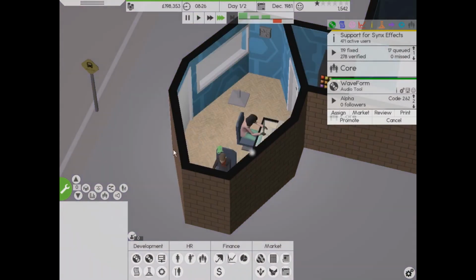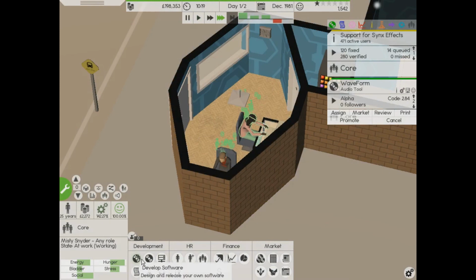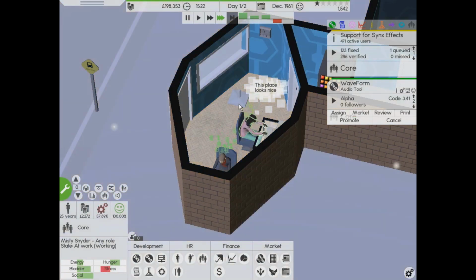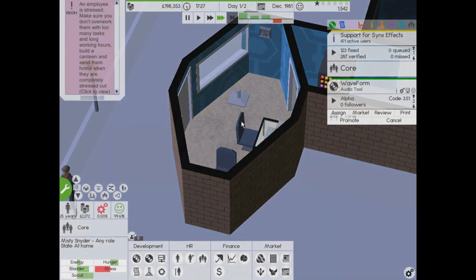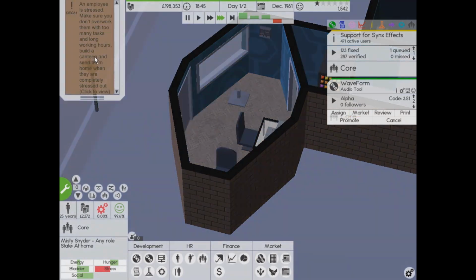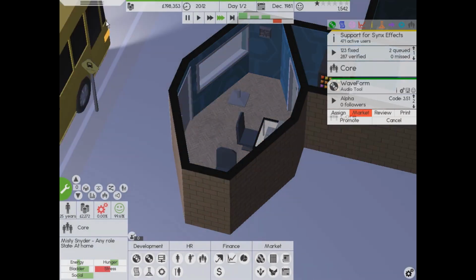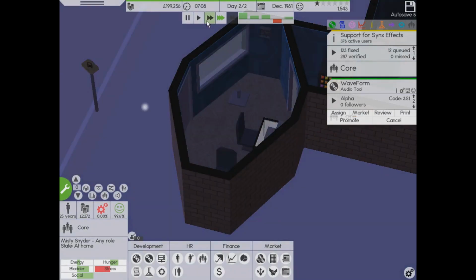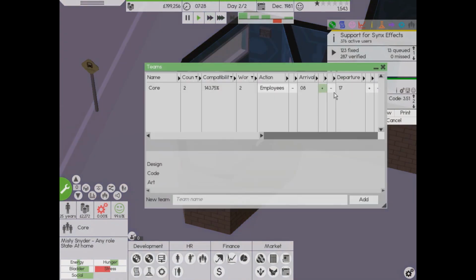So she stole my chair, so I feel like firing her, and she's just saying the place looks nice. So yeah, as you can see, her energy and her bladder, and we sort certain stuff. That vending machine counts as hunger. So yeah, she's stressed. Okay, so she's stressed out. So obviously these days it's actually getting to her. What I'm going to do is, as you saw, in my managed teams I usually put that up to 5. I'm just going to drop that down to